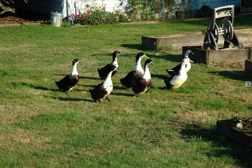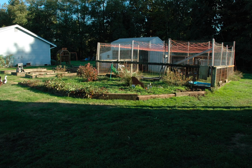Okay, let's see. We do have ducks. I should say from this previous picture that this is a duck pen, and it has this mesh over the top because of bald eagles. We have bald eagles in abundance. It is a rare day when we don't see a bald eagle. But they do eat everything,